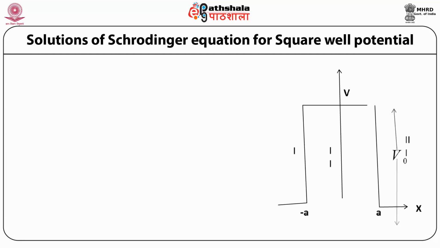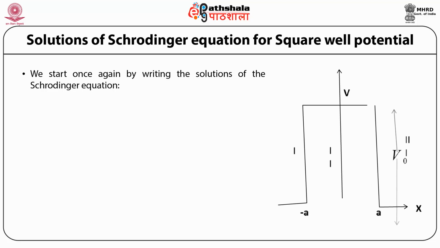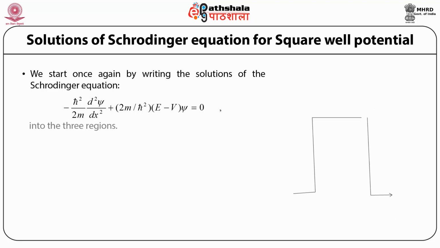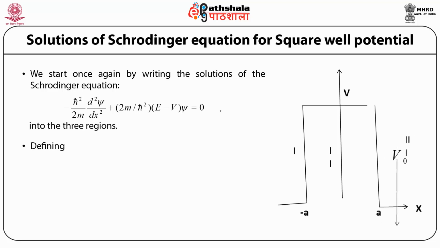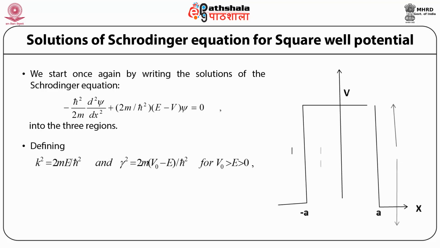We start once again by writing the Schrodinger equation as minus h cut square by 2m into d2 psi by dx square plus 2m by h cut square into E minus V into psi is equal to 0 in the three regions, defining k square equal to 2mE by h cut square and gamma square equal to 2m into V naught minus E by h cut square. For E greater than 0 and less than V naught, we have psi of x in region 1